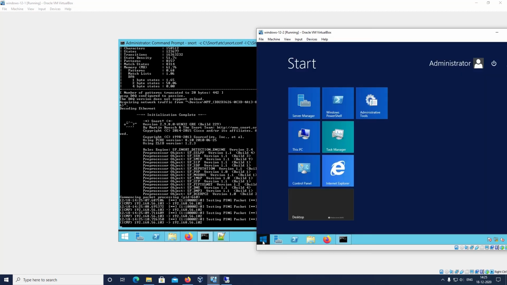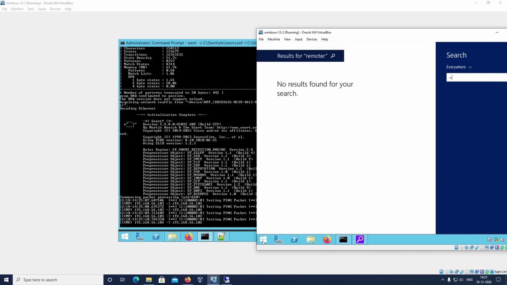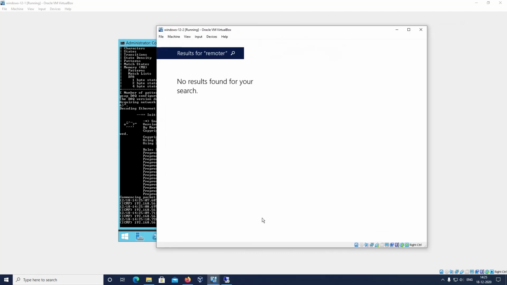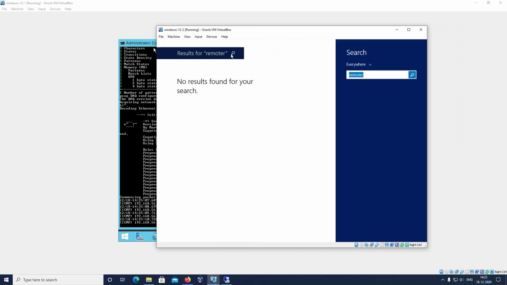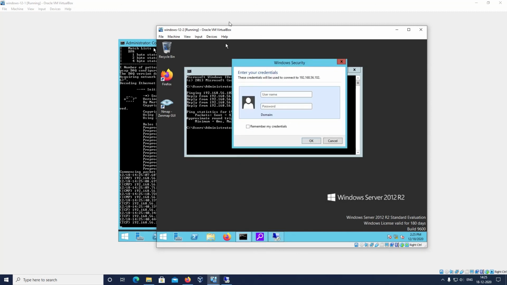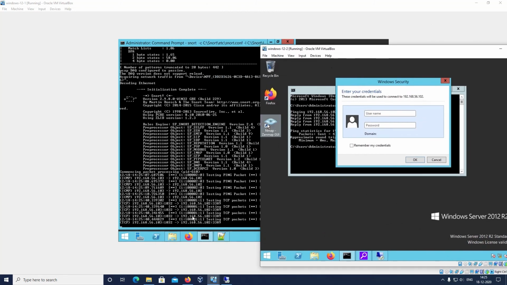By this we can also test the remote desktop connection from the client machine, that is IP 192.168.56.102. Now it is asking for a password. Here you can see it is trying to connect.